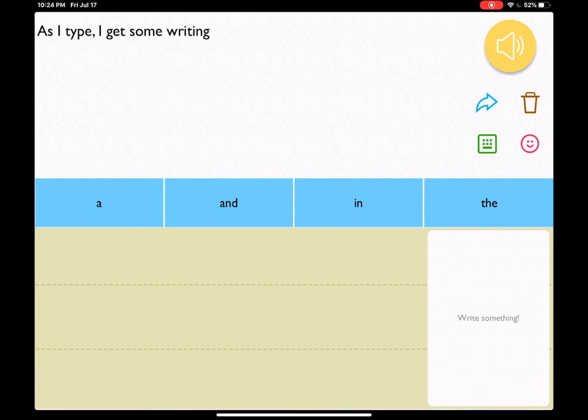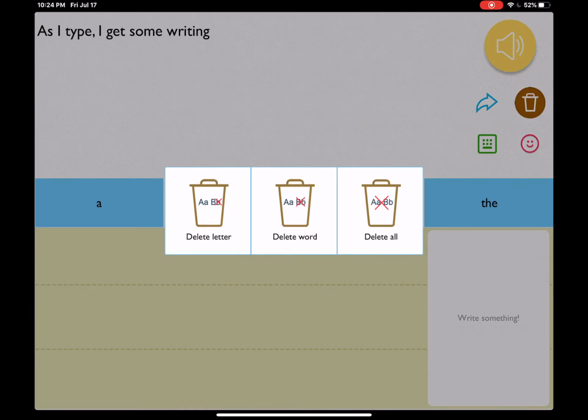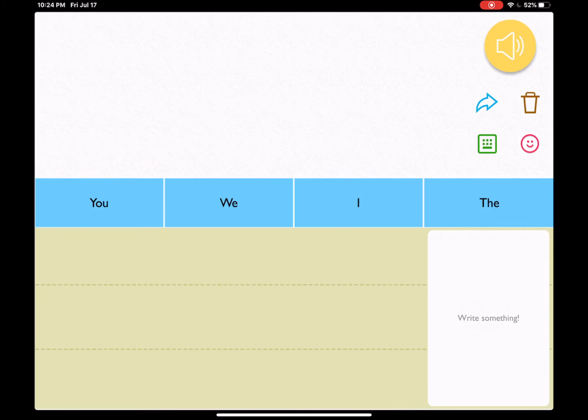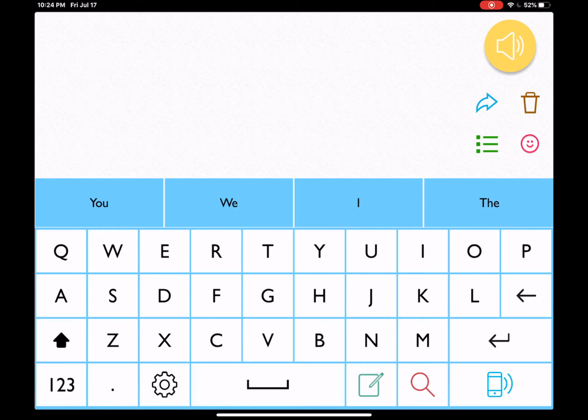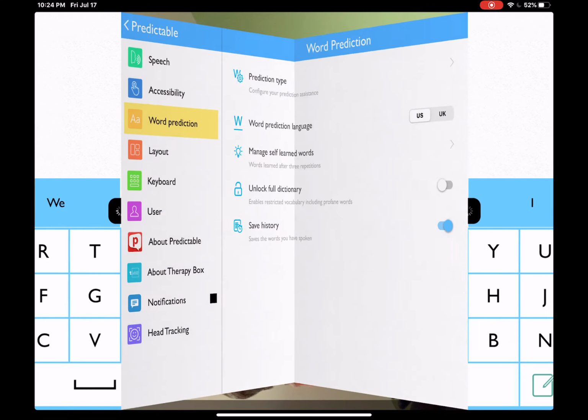Now, why are we going to use this writing tool? Well, in some cases, maybe you've got somebody who just needs some basic assistance with this and really likes to take a lot of advantage of the prediction. So now let's go get rid of all this stuff. I'm going to delete everything, and I'm going to go back to my regular keyboard,